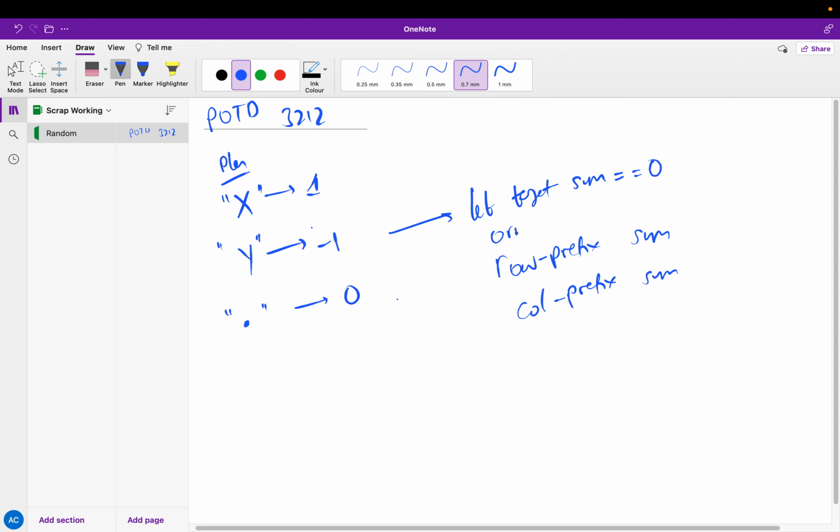So from the original, you pass it through that, and then you pass it through that, and then you should get